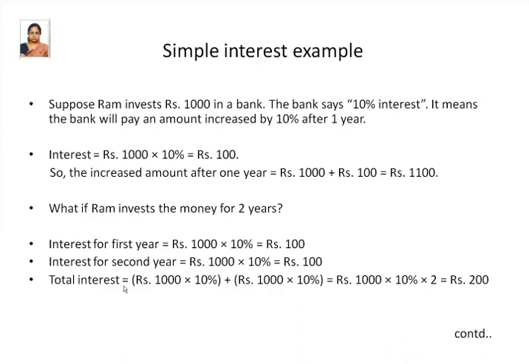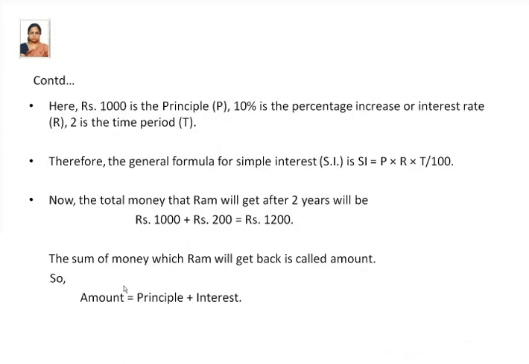which is 1,100. If we invest this money for 2 years, you can see that in 1 year you got the interest of 100. The same calculation is going to be done for the second year also. So the principal is again 1,000 and you're going to get 10%, which is 100. So overall interest after 2 years is going to be 200 rupees. And also his principal was 1,000. So the total money which he gets after 2 years is going to be 1,000 plus 200, which is nothing but 1,200. So that is the calculation done here. 1,000 is the principal, 200 is the interest for 2 years.